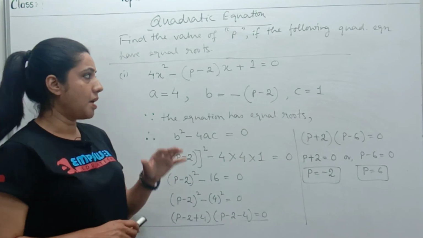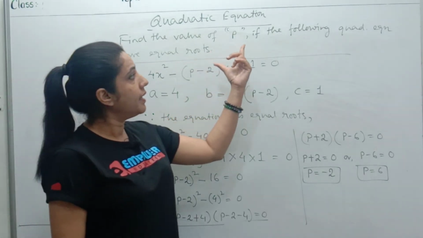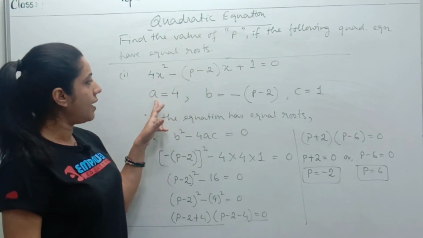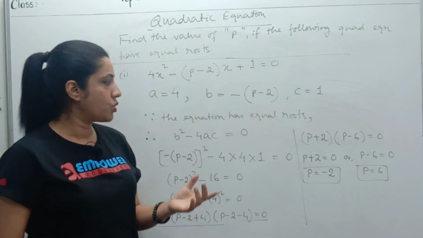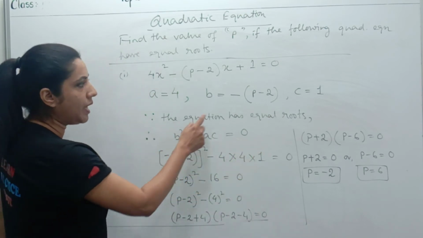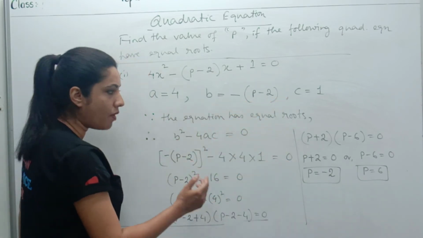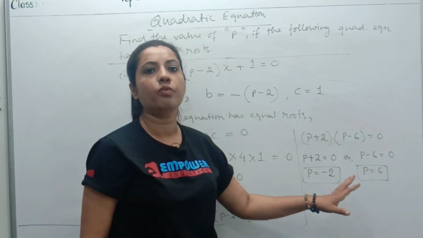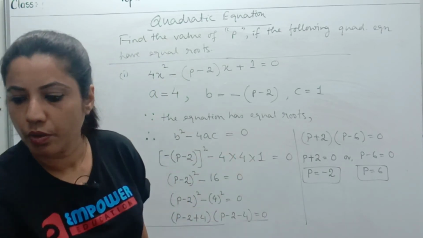Very important sum. Let me summarize this for you. They have given a quadratic equation to you and they are saying that this has equal roots. We have to find out the value of p. So I found my a, my b and my c from the given equation. Since it has equal roots, we will be applying this criteria, that is b square minus 4ac equal to 0. Now your b is this, put it here. Solve it, you are getting two factors, make the two factors separately 0 and get the two values of p. Very important sum. Normally this sum comes for 3 marks. So this is how you have to complete this.